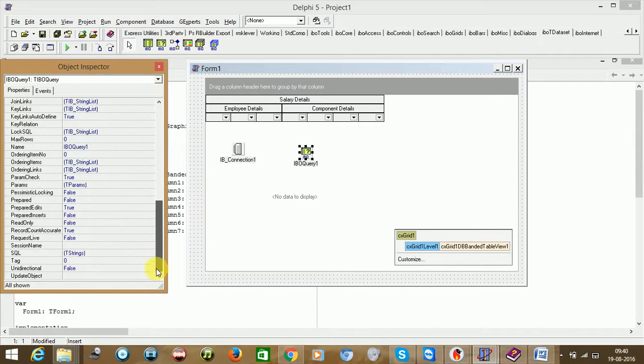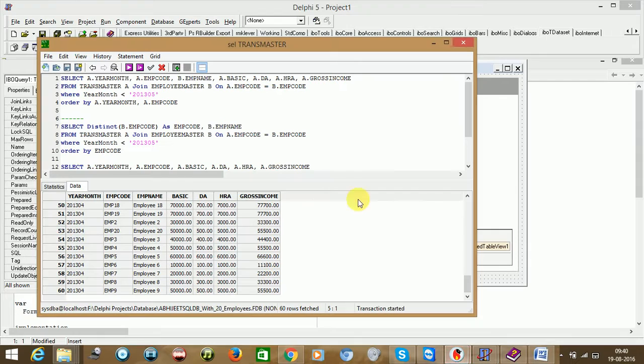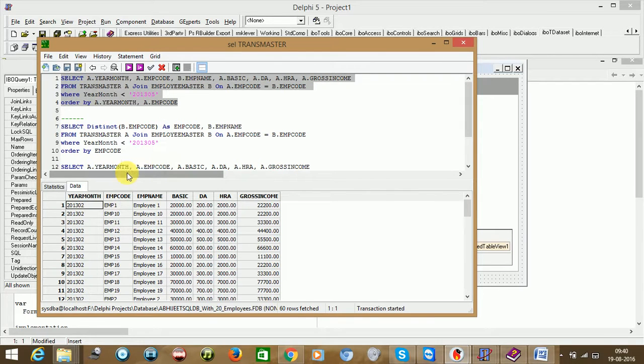That's it. And finally I have prepared one query. I think in the previous example we also had the same query. Say for example, I will just select this and execute here. So this is year month. For 1 year, year month, these are the employees we have. These are the employee names. So year month, employee code, employee name. Employee name I am taking from employee master only. As you see, B dot means employee master. And all remaining columns I am taking from the transaction master table. So this is the SQL I prepared.